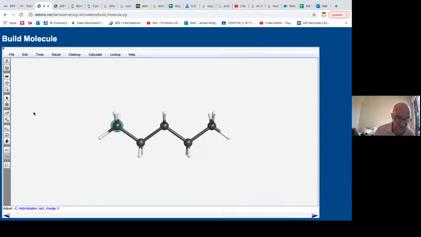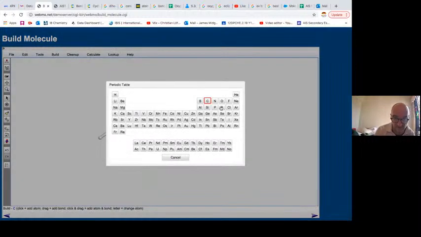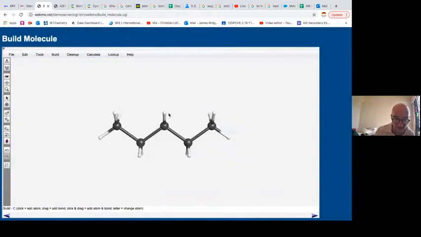Notice when I click an atom, so maybe I went a bit quick there, this arrow here. Click it, and then click any atom, and at the bottom it will tell you the hybridization, which is sp3 clearly, and the charge. Oh, that's great, isn't it? Why is that great? Because as you are teaching or as you are learning, you can stick in